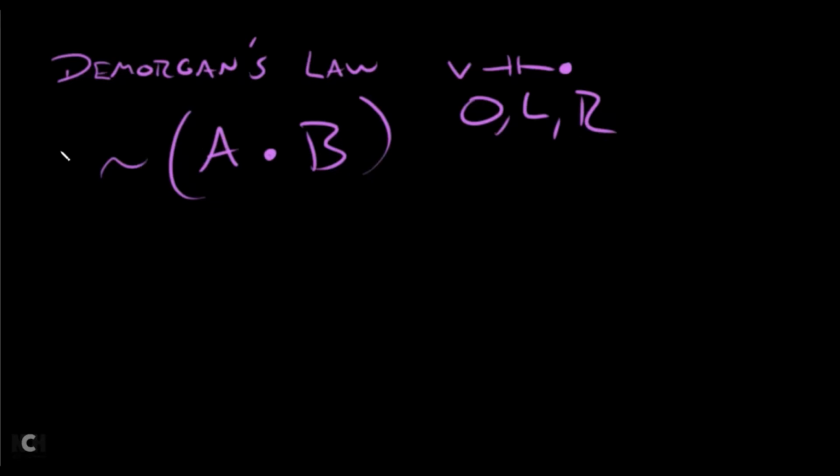We can change it. Let's say this was our assumption here. You can change it into an or by doing the following. Keep the letters, so bring the letters down. Those aren't going to change. Change the symbol, so you change it from a dot to a wedge, and then all you do is